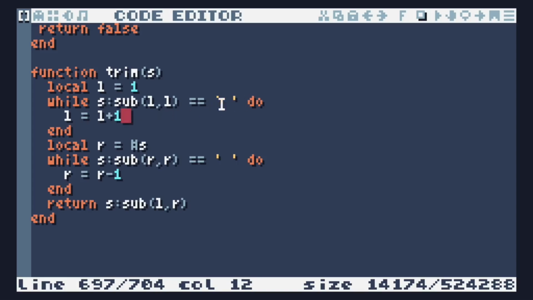It essentially keeps looking through spaces, and as long as the left letter is a space, it steps to the right until it finds the first non-space. Then it starts at the right at the length of the thing, and it steps back until it finds the first non-space character, and then it just substrings from L to R, giving the middle section,